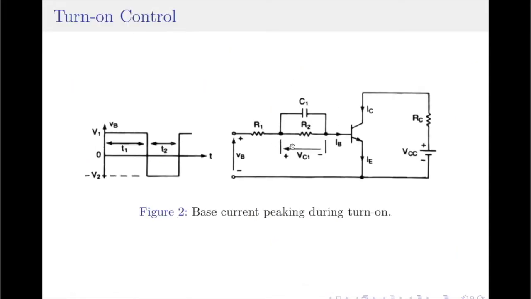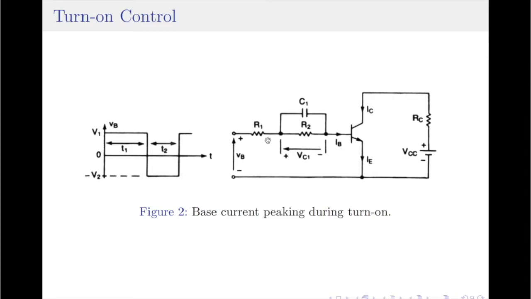Coming back to the circuit, as the time increases, the capacitor starts to charge and the base current starts to reduce. This is because as the capacitor starts to charge, a voltage starts to build up across the same and the resistance R2 will slowly start coming into picture. So, as time increases, the overall resistance seen by the base of the transistor starts to increase. At the time when the capacitor is completely charged, it acts as a voltage source and therefore the base current is now limited by both R1 and R2.